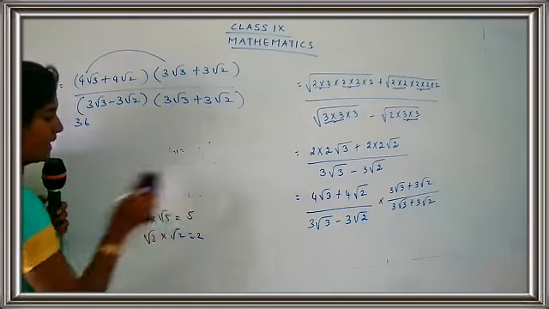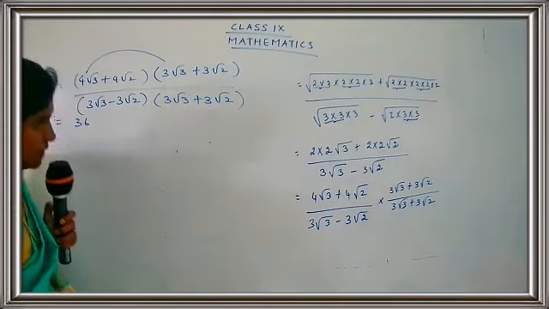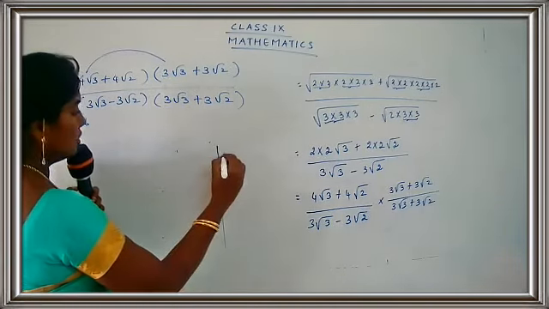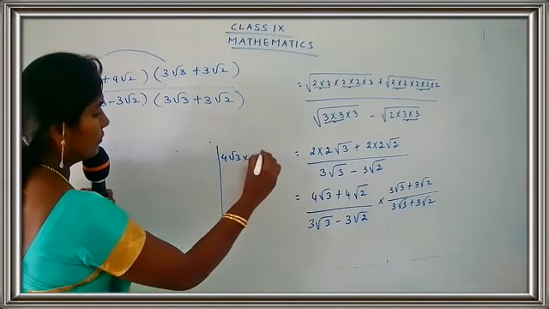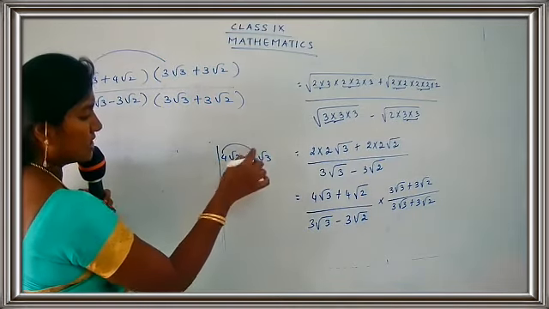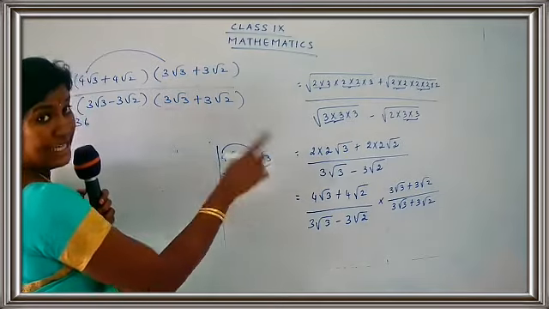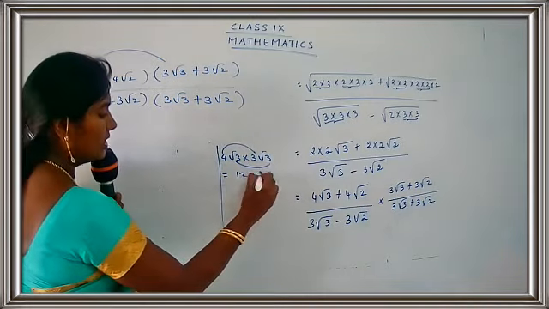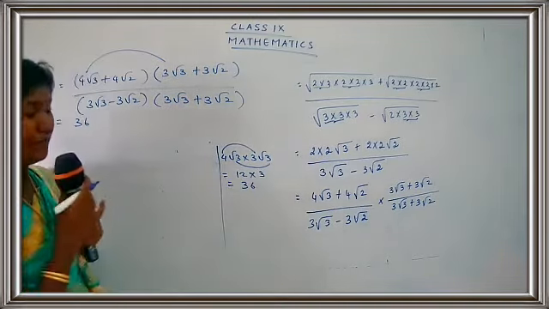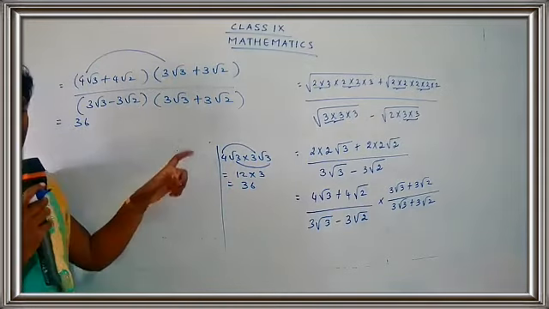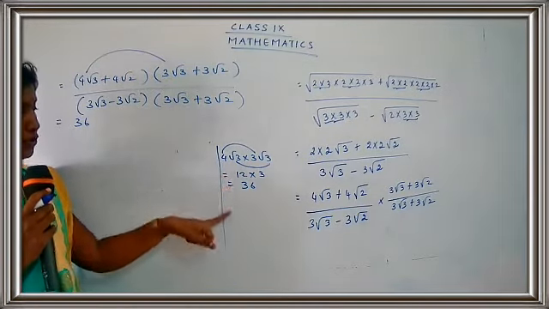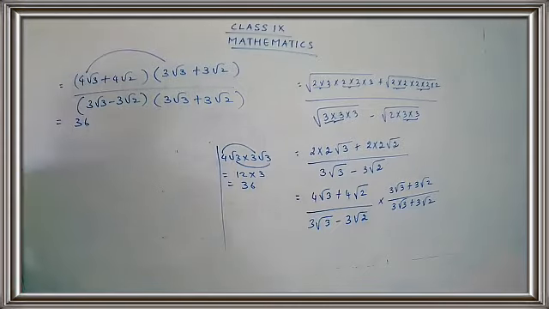You people can show the rough work over here, children. We can show the calculation over here. So 4 root 3 into 3 root 3. This is 12, 4 threes are 12. Root 3 into root 3 is 3. So 12 into 3 is 36. I want everyone to show the rough part. You have drawn a rough column, yes, children? So you are going to show this working in the rough column. Come on, do the calculation.